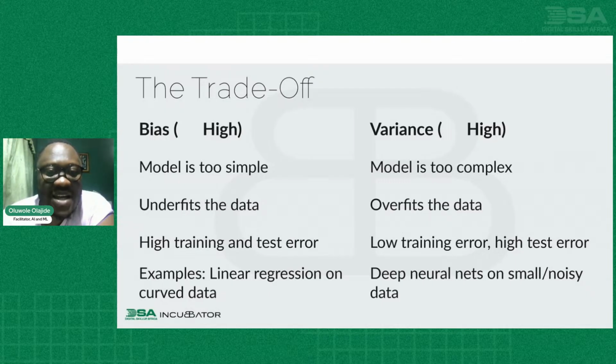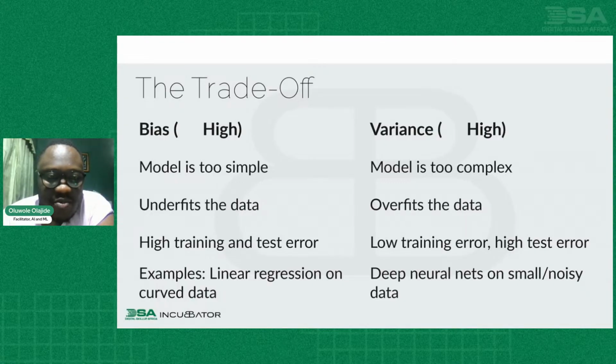Okay. Then what do you do with the trade-off? What happens when your bias is high? It means your model is too simple, so you must increase your model's complexity. When variance is high, your model is too complex, so you might need to look for a smaller model. Another thing is underfitting: it doesn't capture the data set itself. When your model is too complex, it overcaptures the data and it runs at a loss. So for high bias, you have high training and test error. For high variance, you have low training error and high test error.